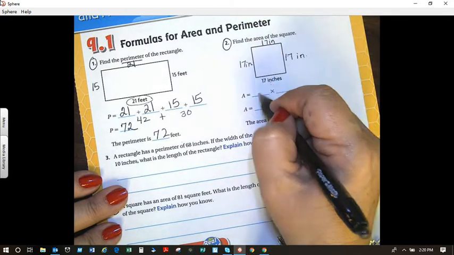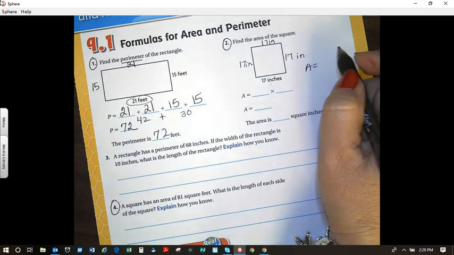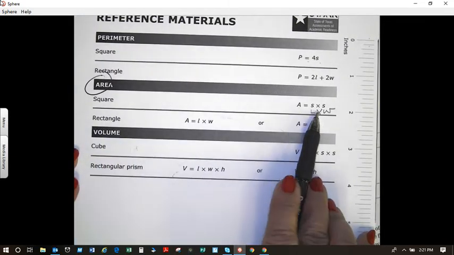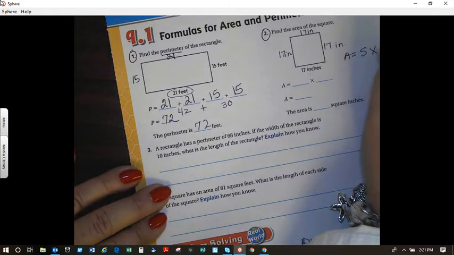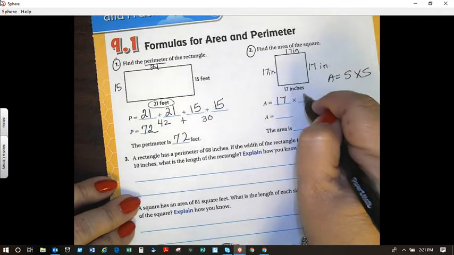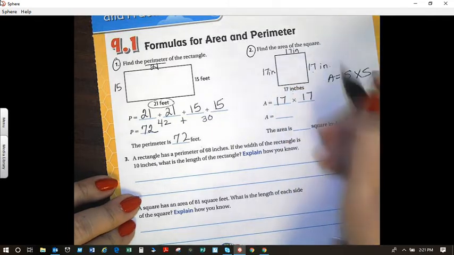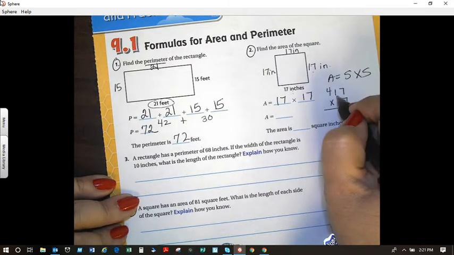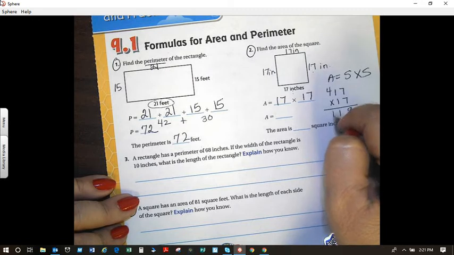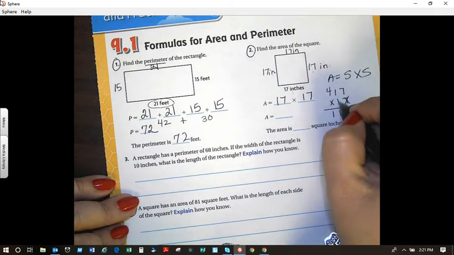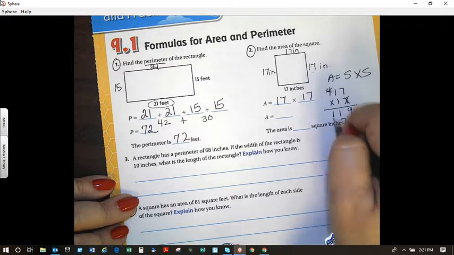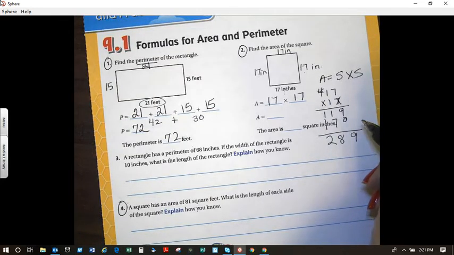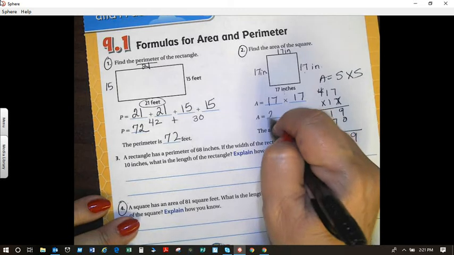So the area equals, on my reference sheet, for the area of a square, I know that area equals side times side. So 17 times 17, side times side, and I'm going to multiply that out. 7 times 1 is 7, plus 4 is 11. 1 times 7 equals 7, 1 times 1 equals 1. This is 9, 8, and 2. So the answer here is going to be 289. So the area is